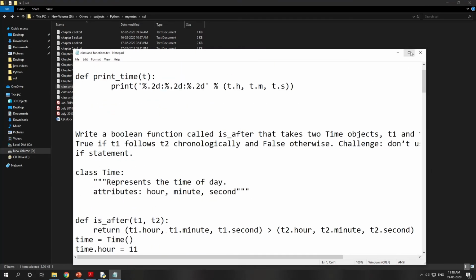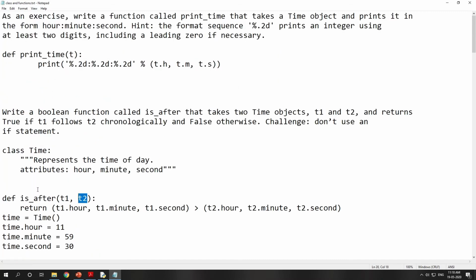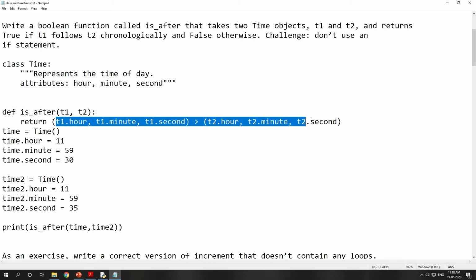See here, we had this isAfter method where t1 was a time object and t2 was another time object. I have passed time 1 as the first parameter and time 2 as the second parameter to isAfter, and they are compared.